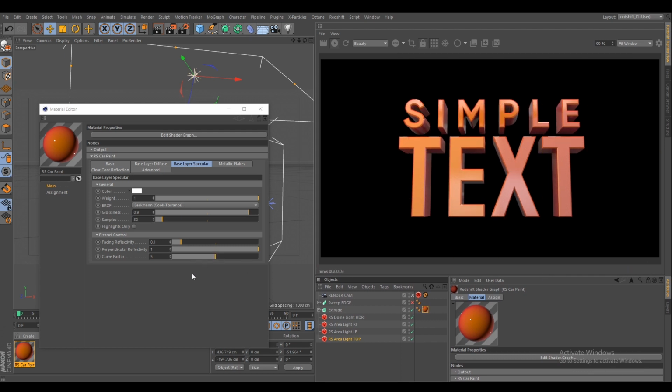Now there's another option which is curve factor, and what it does, it just increases the intensity of these highlights. See all these highlights, it will increase the intensity of it, nothing else, only the highlight areas. Right now it's 5, if I make it 2, see the changes in the IPR window. See, it just pushed the highlights a little bit brighter. Okay, so that much. I think this is it with the shader tweaking.